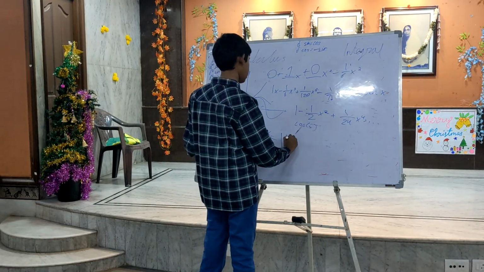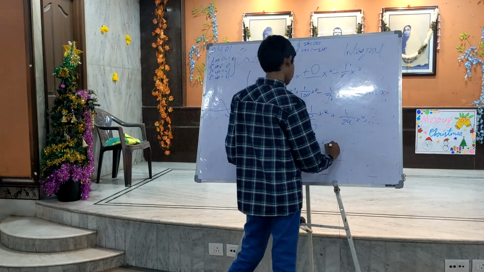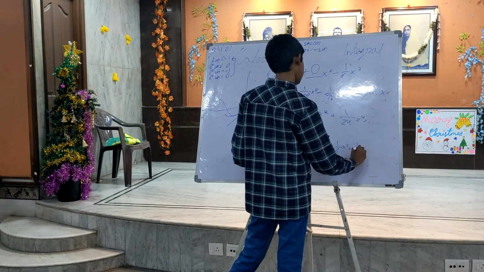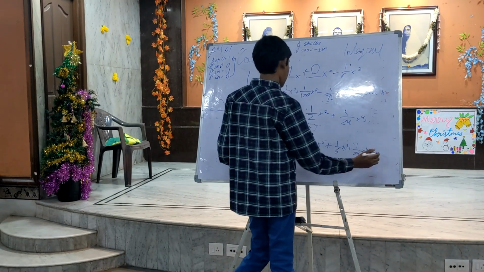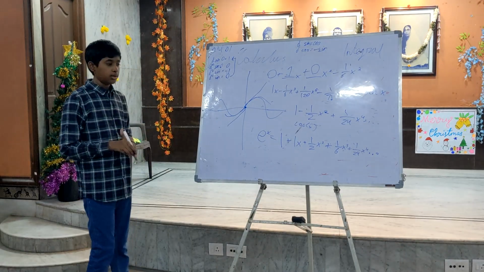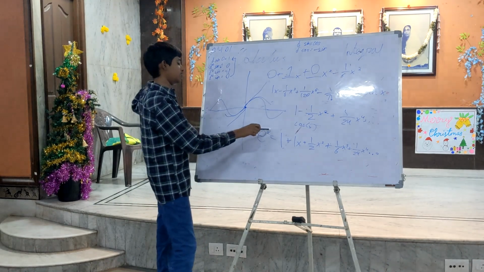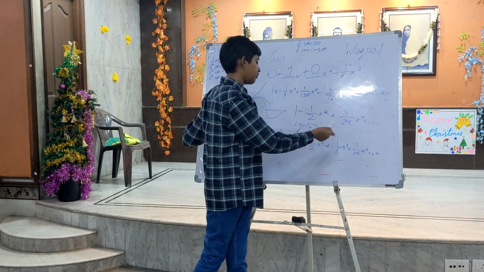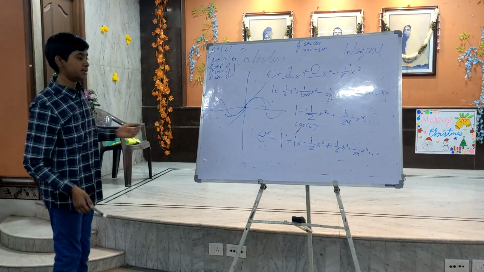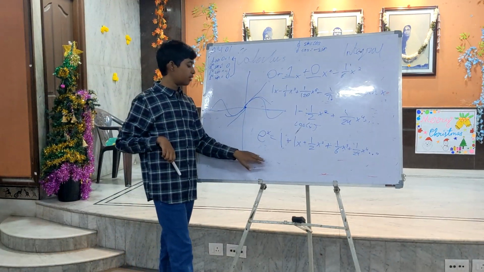So you can write 1 plus 1x plus 1 by 2 x squared plus 1 by 6 x cubed, plus 1 by 24 x to the fourth, and so on and so forth. And this is the equation for e to the power x. And you can see that if I set x equal to 1 to find e, then the powers of x become 1. And if you remove all the x from this side, you get a perfect series for finding the value of e. And in general, this will always be equal to the value of e to the x.